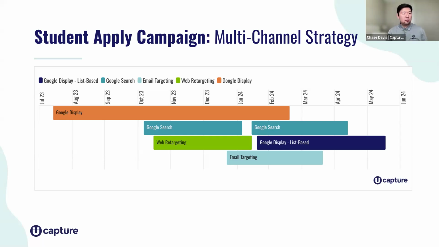Now we're going to transition over into our student apply campaign. So we talked earlier about having a multi-channel layered approach. And we believe that not only in your digital advertising, but we also believe that across all of your recruitment strategies. So if you're sending emails or you're having visitors to campus or open house, we want to make sure that you're hitting people in different channels. And we believe the same thing within our advertisements.